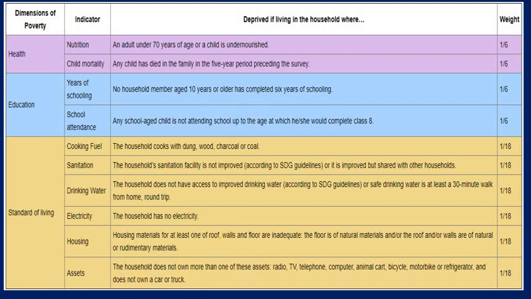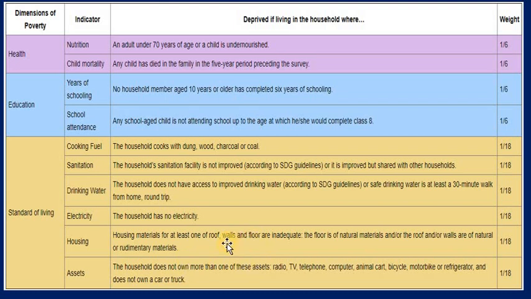Then assets: the household does not own more than one of these assets: radio, TV, telephone, computer, animal cart, bicycle, motorbike, refrigerator, and does not own a car or truck.